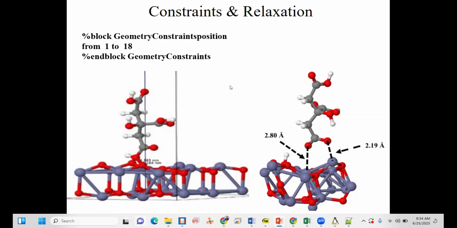So you have to count from 1 to 18, and which number is assigned to the citrate molecule, so this organic molecule. So we have to take care of this. So we can fix this layer, and we will allow this molecule to either move up or down during the